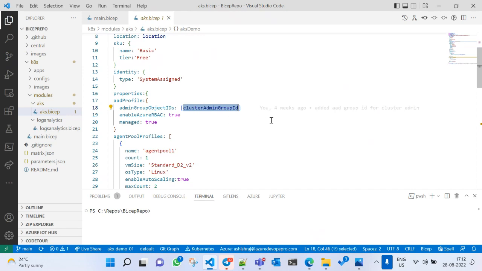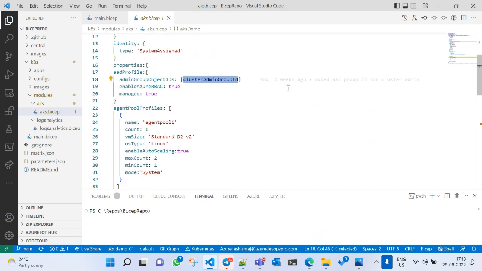So what will happen is that once this cluster is created, this particular group will be added as an administrator for this cluster, and then whosoever is a member of that admin Azure AD group will automatically be part of cluster admin. So this is the way we are doing it here. You can also add a user ID as well, but here we are doing this as an Azure AD group. We are enabling Azure RBAC, so it will allow you to interact with the Kubernetes resources using your Azure AD